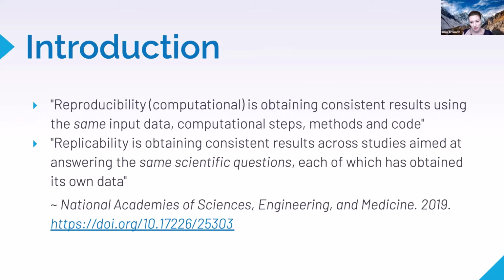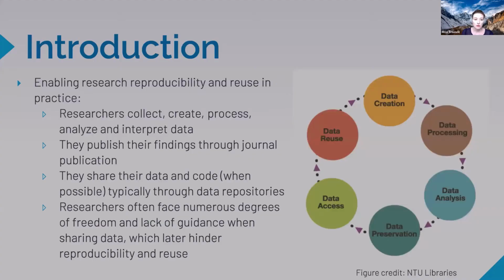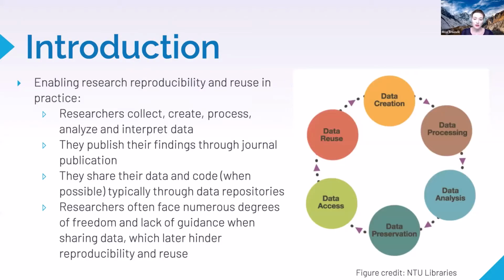Replicability is obtaining consistent results across studies that use different data sets. In particular, if I observe one phenomenon in one experiment, I would expect that other people are also able to observe this phenomenon in different kinds of experiments in order for this result to be replicable. Whereas for reproducibility, a person would take my data and code, rerun everything, and get the same results. So how does this look in practice, and how does this research process go?